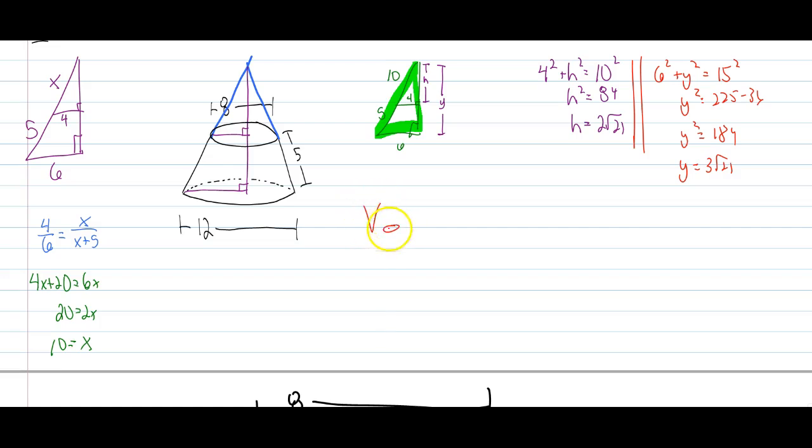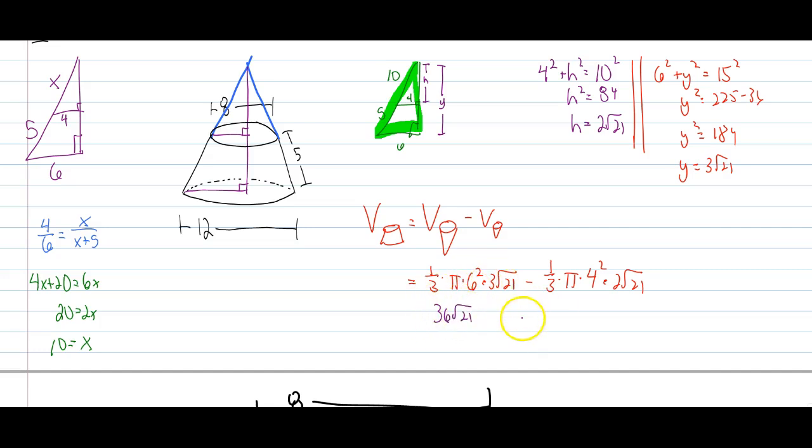So the volume of this frustum is equal to the volume of the big cone before anything was chopped away minus the volume of the small cone that was actually chopped off. The volume of the big cone, 1/3 pi times the radius squared times the height, minus for the small cone, 1/3 times pi times the radius of 4 squared times its height. Now we can use some algebra to simplify this down a little bit. For the first part, 1/3 times 36 is 12. 12 times 3 is 36. So this is 36 root 21 pi